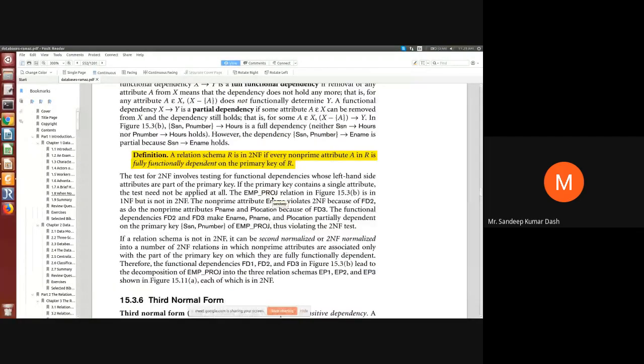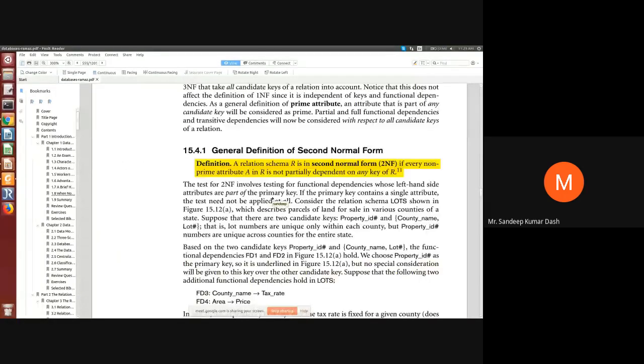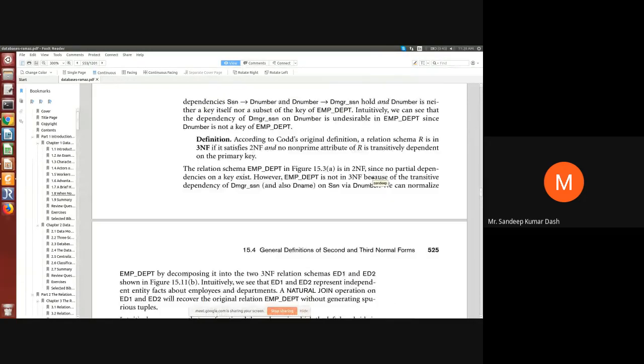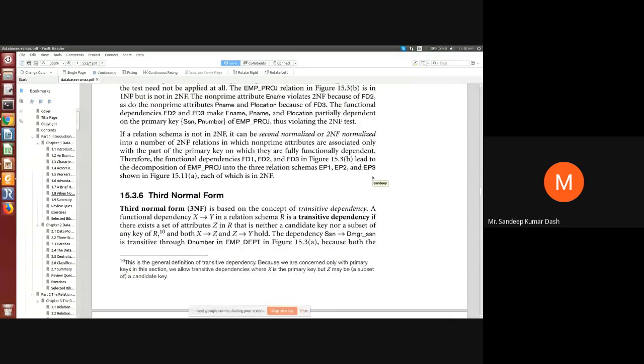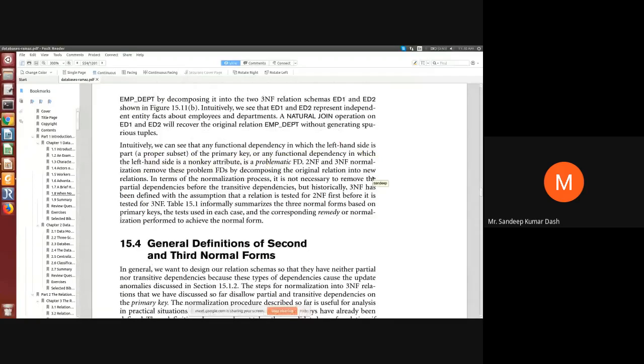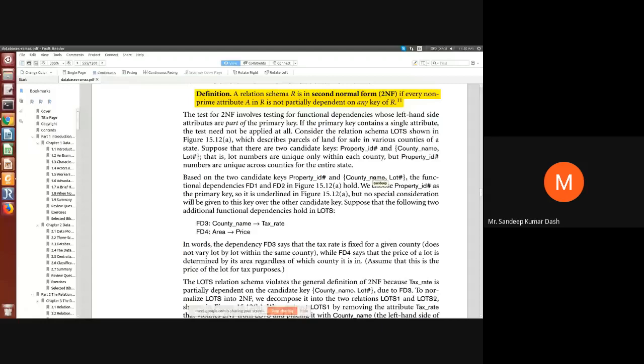But there is an alternative definition which you can also take into account. That is, not partially dependent means full functional dependency. So every non-prime attribute is fully functionally dependent on any key of R, not only primary key, on any key. Okay. In the previous definition, since it was an introduction, it said it is on primary key of R, but actually that is on any key of R because key is key. Okay. See an example here for that.